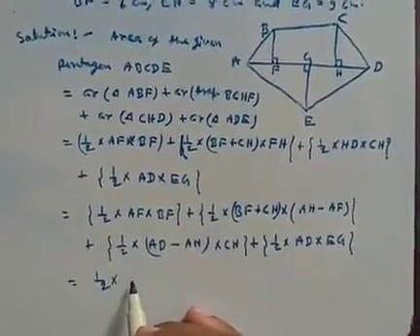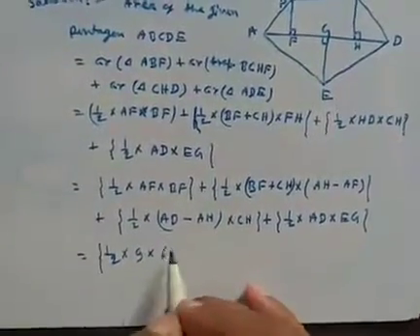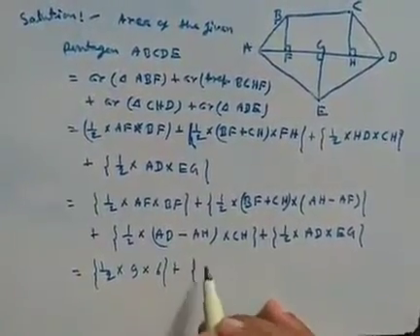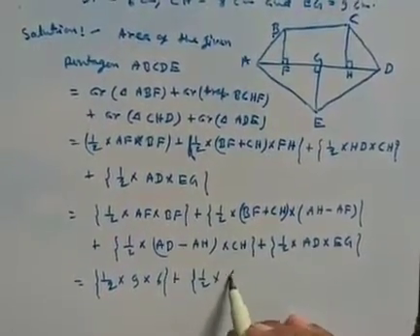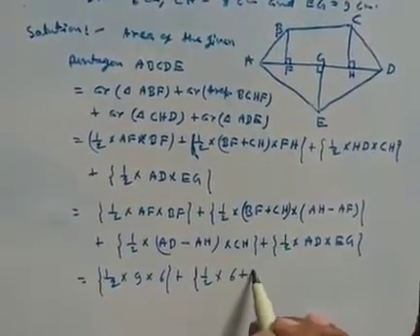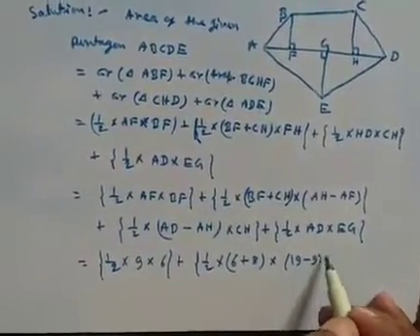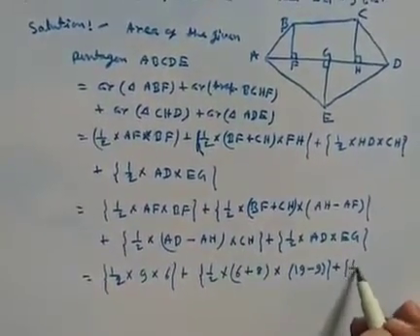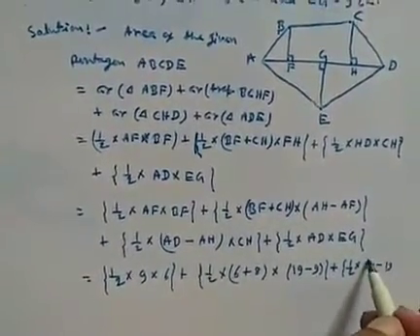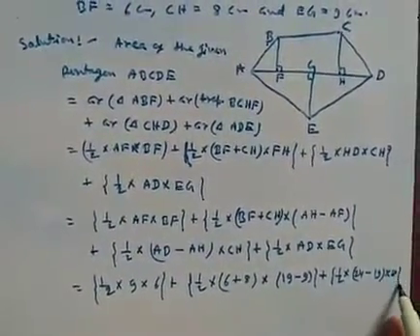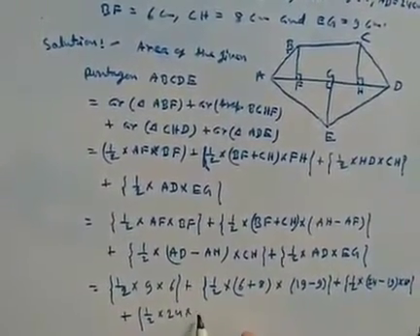half into AF equal to 9 and BF is equal to 6 given, plus half into (BF equal to 6 and CH is equal to 8) into (19 minus 9), plus half into (24 minus 19) into 8, plus half into 24 into 9